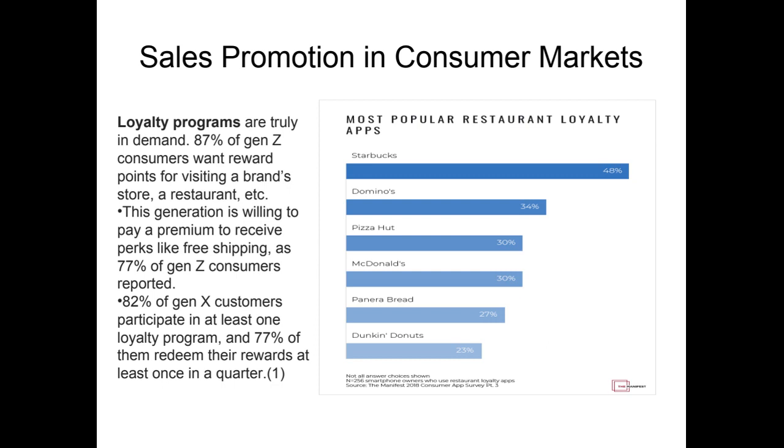Now this is older data, but it's kind of interesting. The most popular restaurant loyalty apps here, which I thought was kind of interesting. Starbucks is big. They've been doing it. They were one of the first forerunners, as was McDonald's, in the app market component. But we can see trends. Loyalty programs are becoming bigger and bigger. But we have to be careful that consumers aren't being overly,